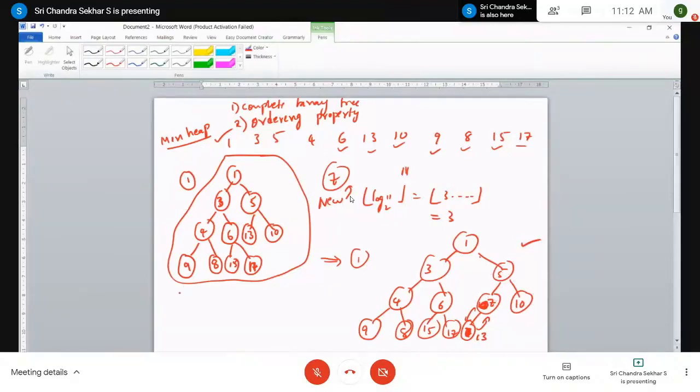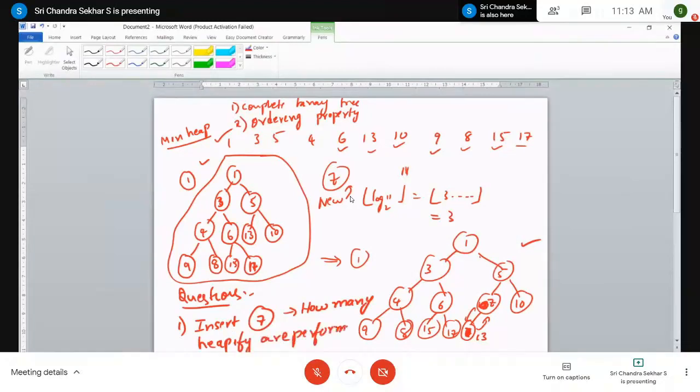Now you may be asked questions. Very important, please listen. You will be given a list of elements. You are never asked to construct a heap. Why? Because it occupies a lot of space. And the type of question he may ask is, after constructing the heap, I want to insert an element 7 into the heap. And how many heapify operations are performed?